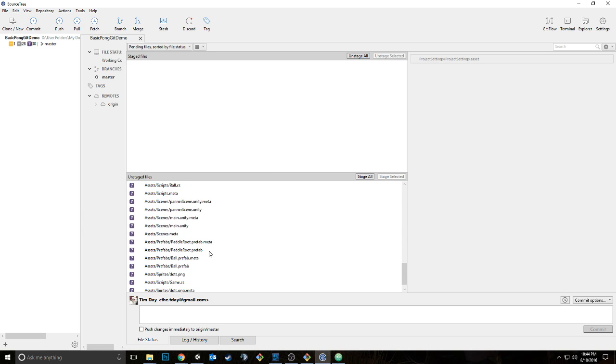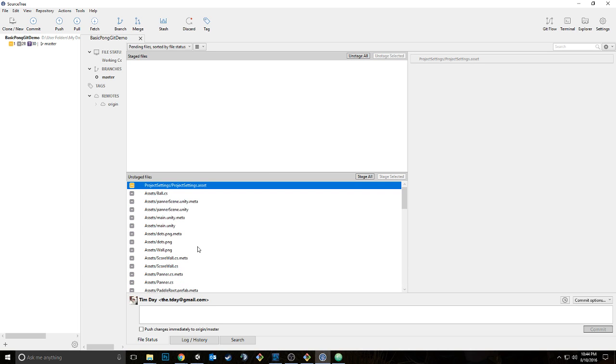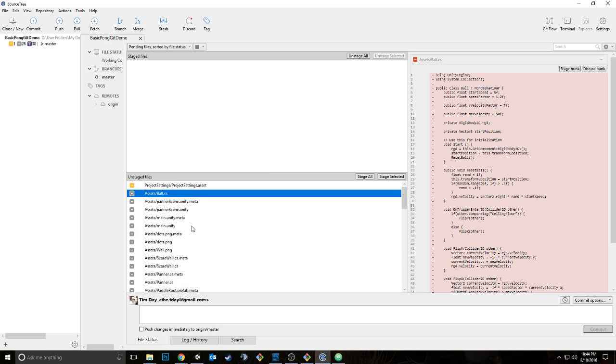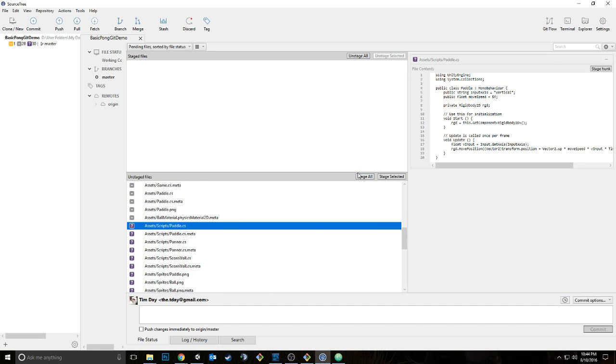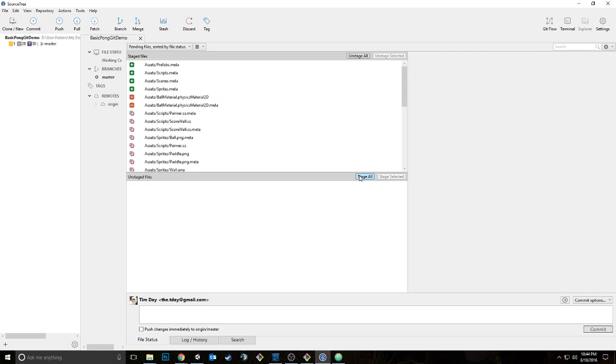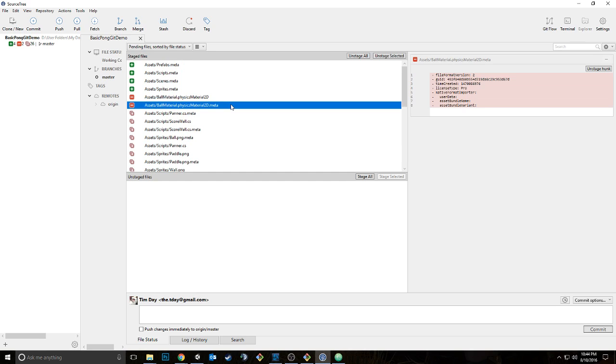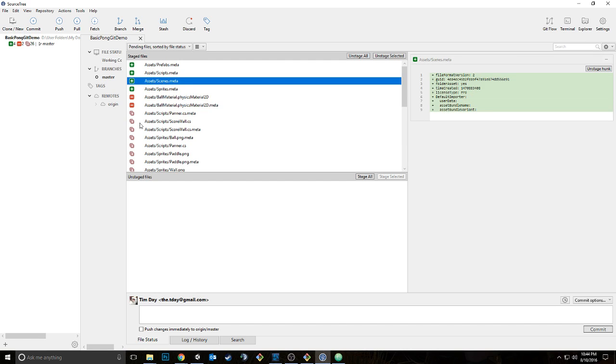There is a bunch of changes. Okay, so these minuses are things they think we've removed, though we've actually moved them, and these question marks are things they're not sure about. They're new files, okay? It doesn't know what we want to do with them yet. And so if I hit stage all, you can see that it's actually now put this symbol, which just means that it's been moved, and our physics material has been destroyed, and the plus we have for our new